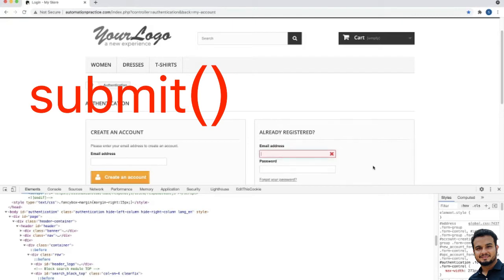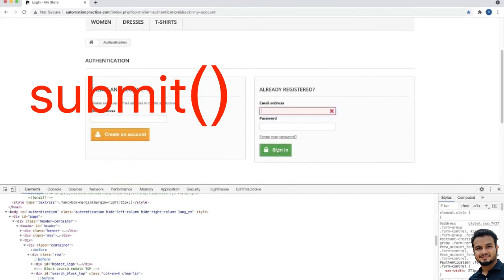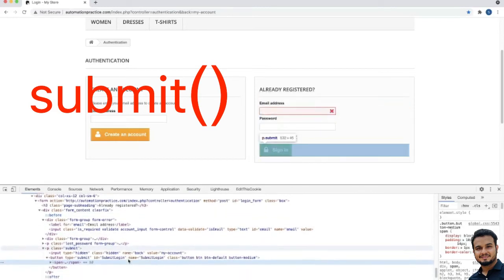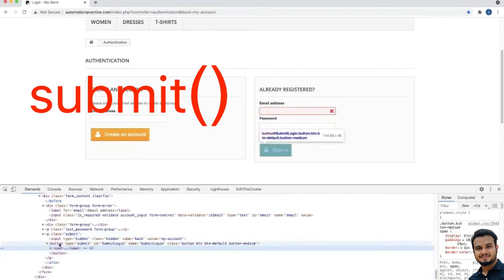What does it mean? Here if I go to the sign in button and inspect, you see, button type equal to submit. This is what we are saying, the type should be submit and it should be within a button tag.